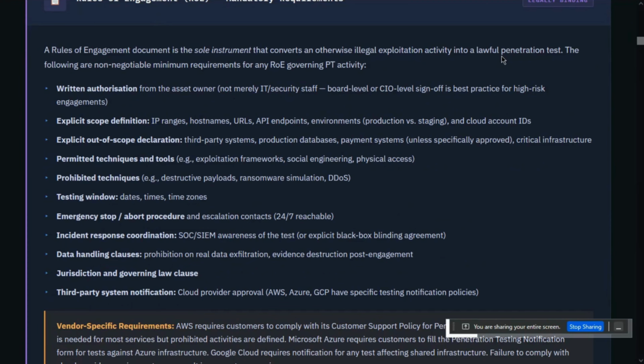a billion parameters of a word list? If your rules of engagement does not allow that, of course, you are not permitted to do it at all. And prohibited techniques, for example, DDoS attack. If they are specific that DDoS is not permitted,